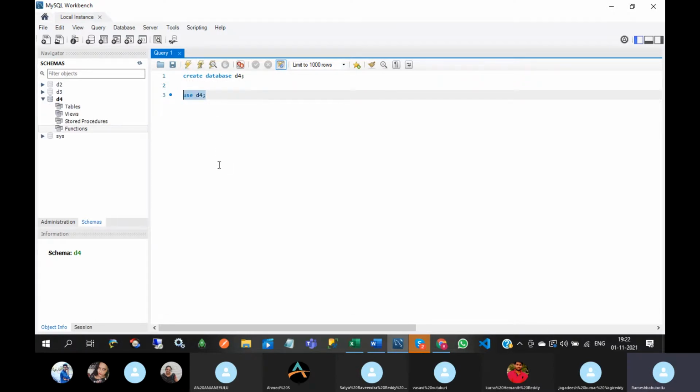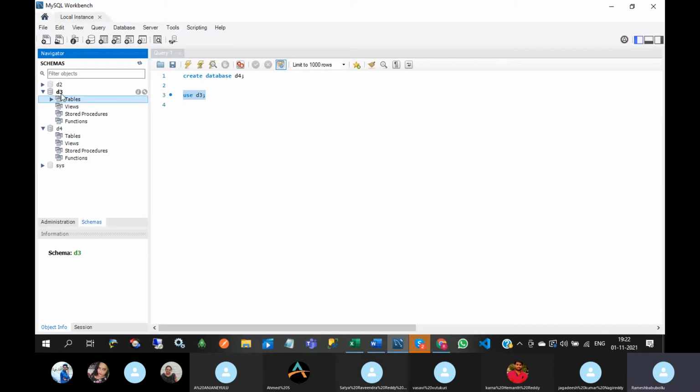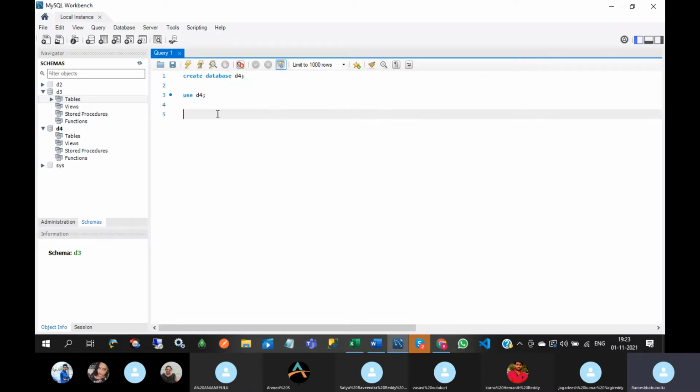If you use the D4 database, then the database objects will display under this D4 database. If you use the D3 database, you will be able to see the database objects under the D3 database. I want to work under the D4 database, so I have to write use D4. D4 will be highlighted. So you can write the queries now.